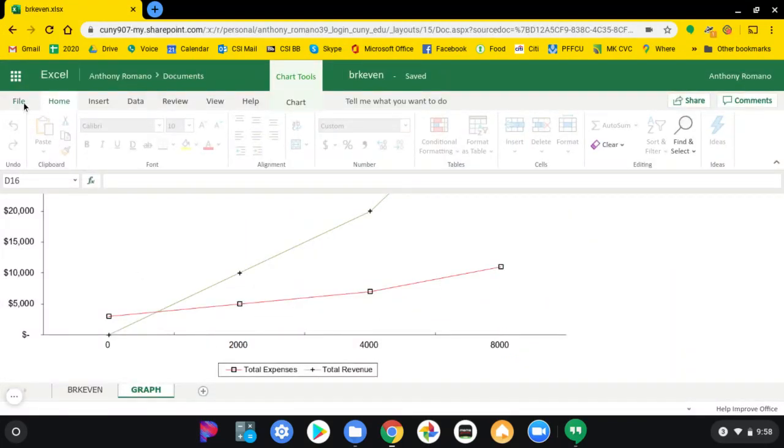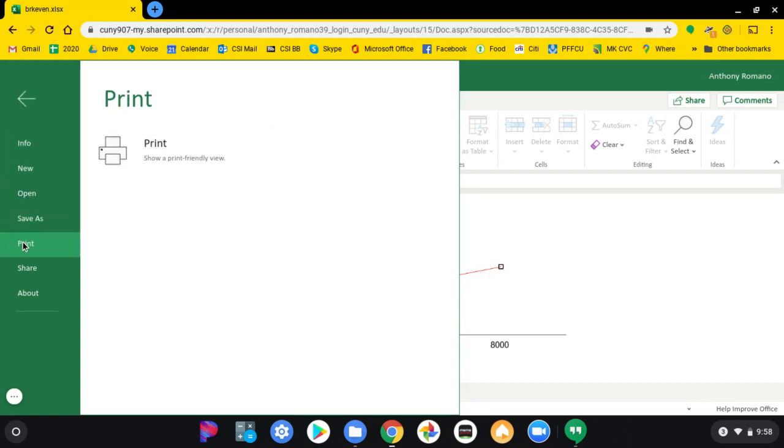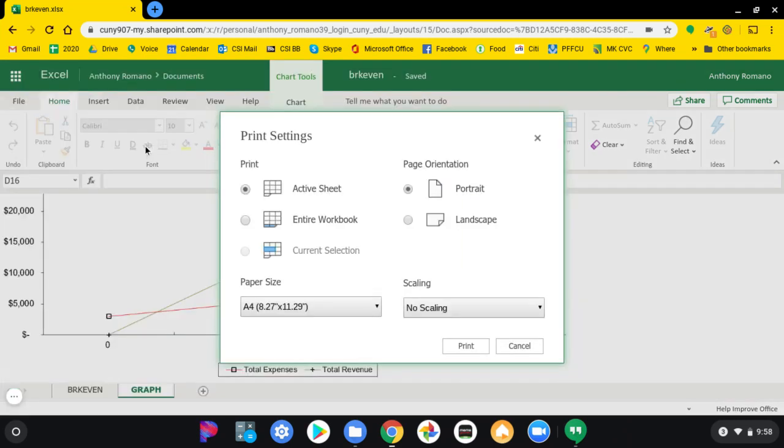You're going to go to File. You don't need to save anything. It saves automatically. Print it out and show a printer-friendly view. Now, instead of the active sheet, you're going to print the entire workbook. Instead of portrait, you're going to select landscape. The paper size, instead of being A4,